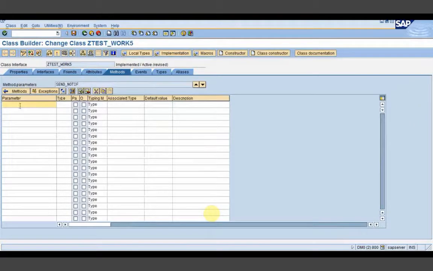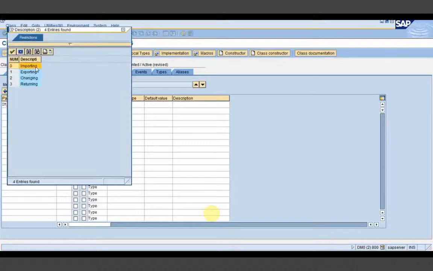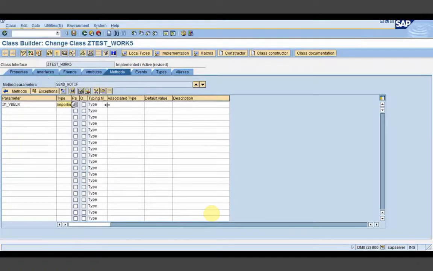In the parameter of this send notification, I'm just importing one WebLen number, because you would have seen in the standard text I have one dynamic value. So from workflow I will be passing this particular WebLen number to the method, and then that method will be responsible to pass this particular value to the standard text.